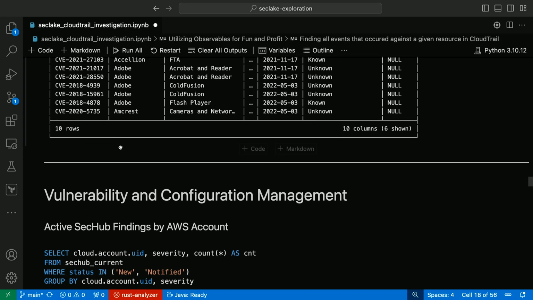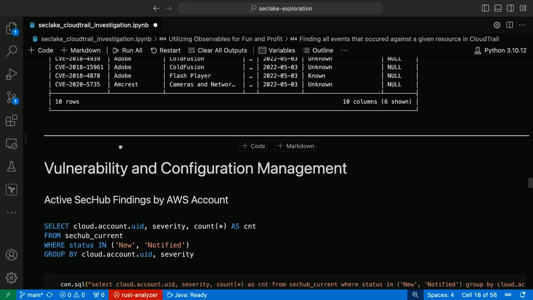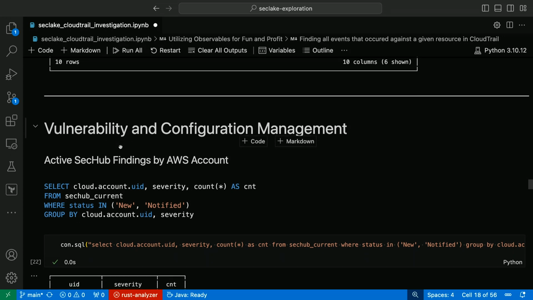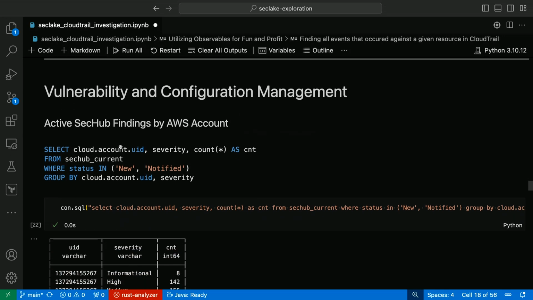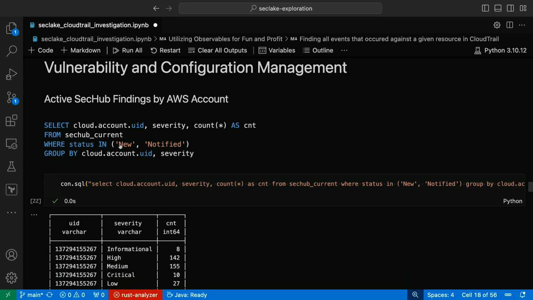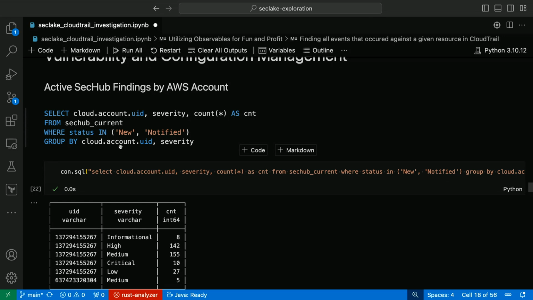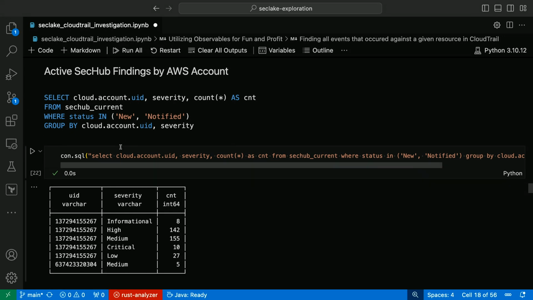All right, enough about helper tables and queries and all that. We can look at actual use cases, right? So, for vulnerability and configuration management, there's a couple of really easy ones. We might look at, and I know you don't want to take just raw metrics. You want to get the context behind those metrics. I'm definitely not advocating for, hey, you have 50 criticals.